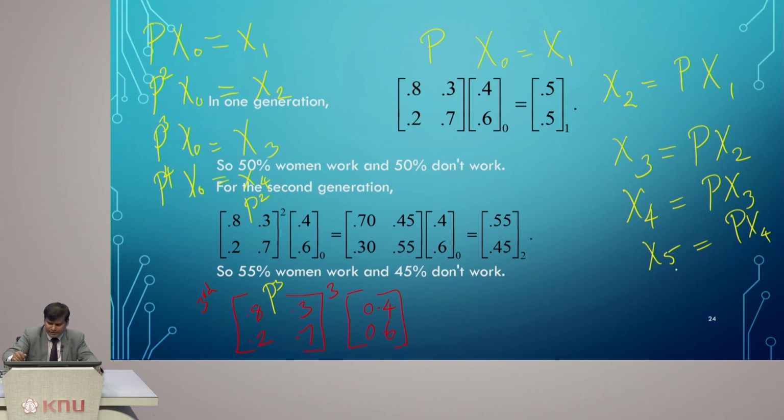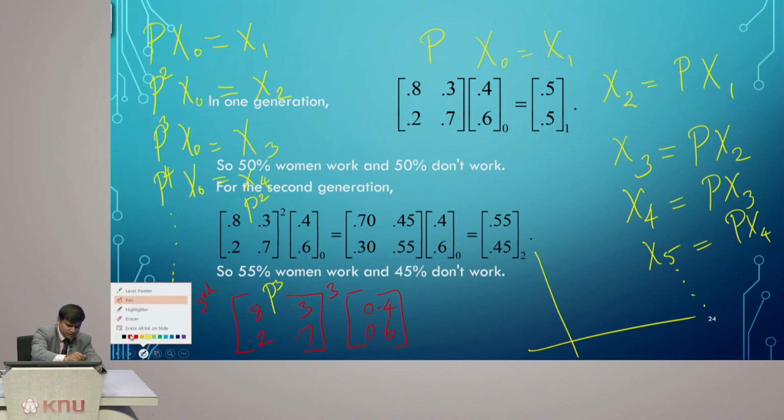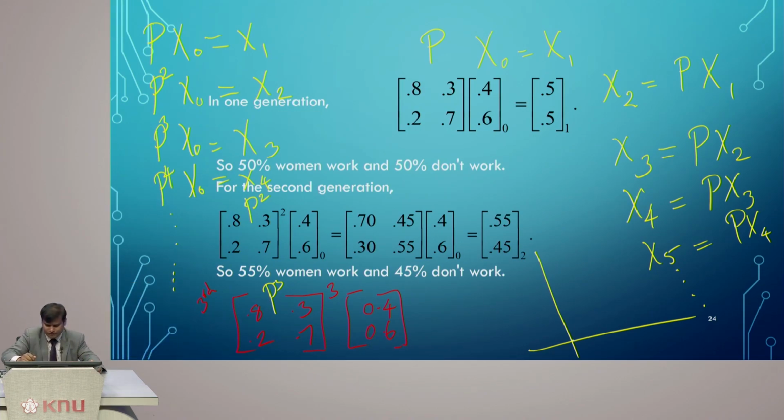Anyway, as I told you, you can keep on going or you can try to find further, but at one stage your value will reach a convergence point. That is where you know that no more changes occur and your matrix becomes stable. Your so-called generation matrix becomes stable. After that, you don't expect any more changes. After a point of time, this becomes stable.